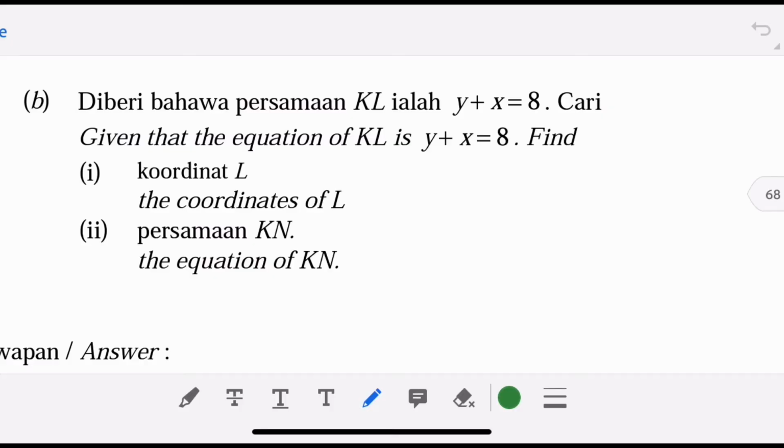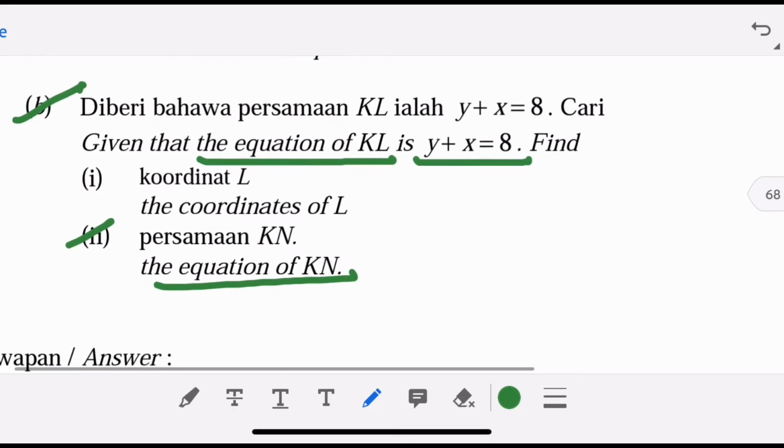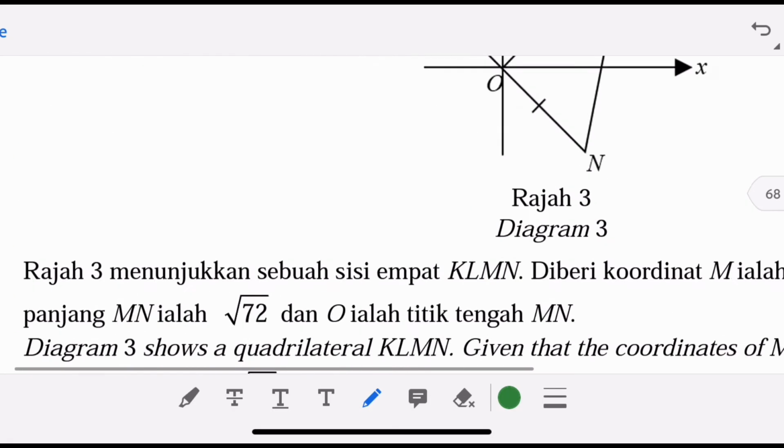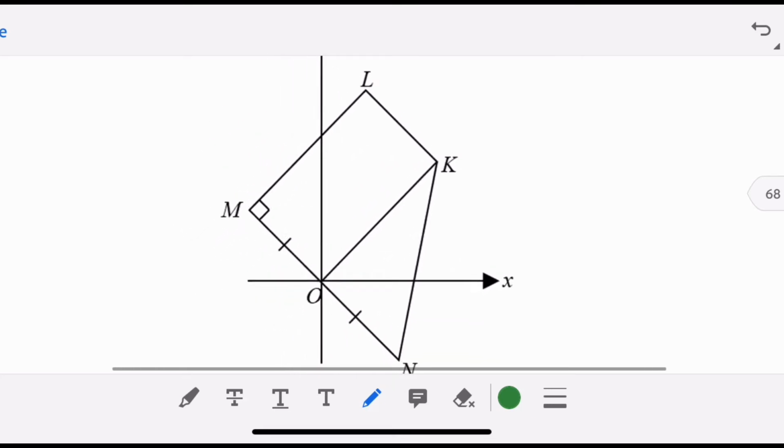Let's continue with the B2. Given that the equation KL is y plus x equal to 8, find the equation of KN. So equation of KN. Let's have a look at equation of KN. Just now we had found